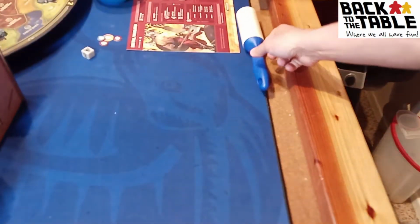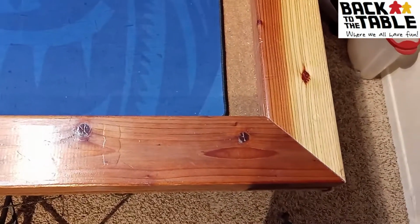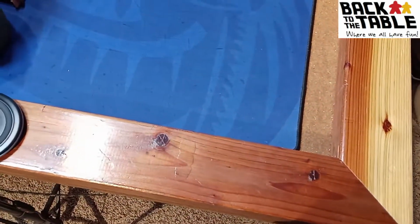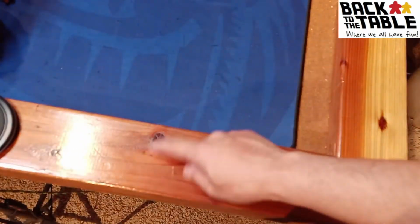And with that being said, my game table. Many years ago I made this when everybody was getting those $1,000+ game tables. There's really no need for that. Here it is, for example, 2x4. This is redwood. Just stained. Well, not even stained. It's just